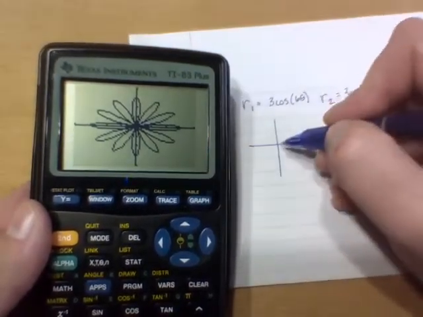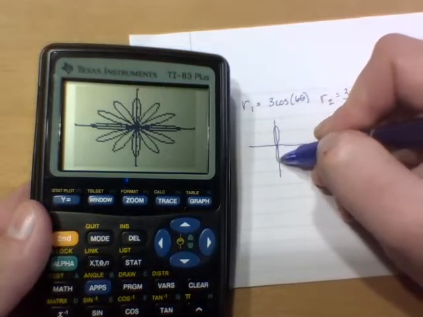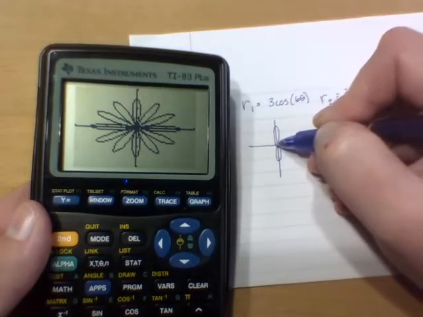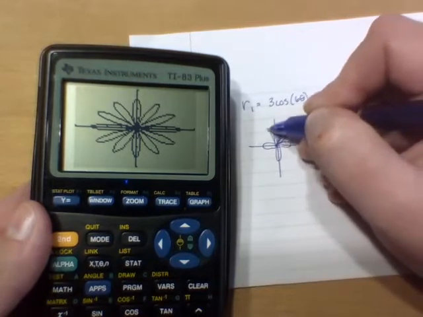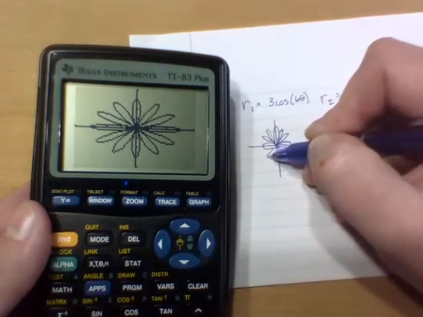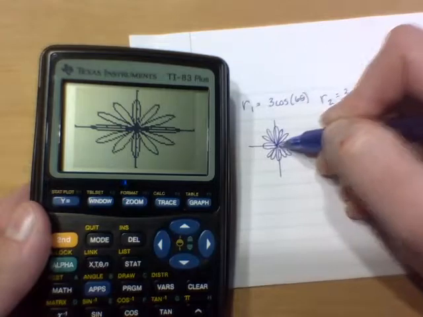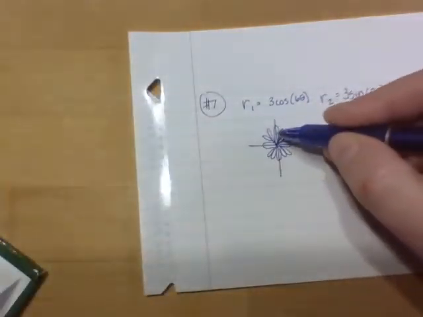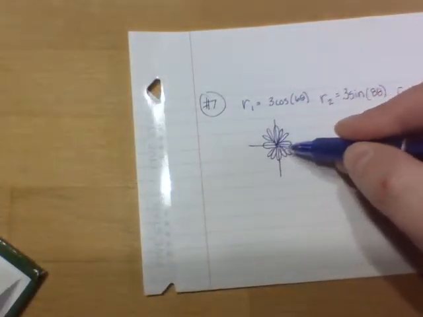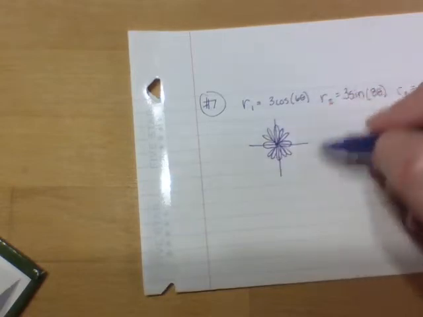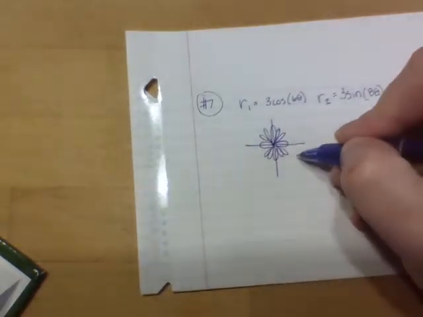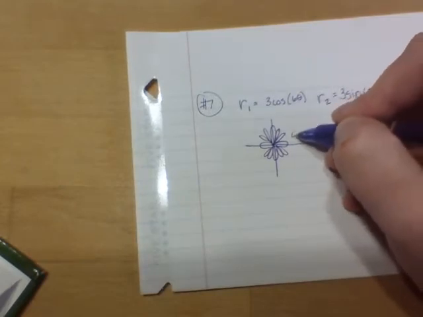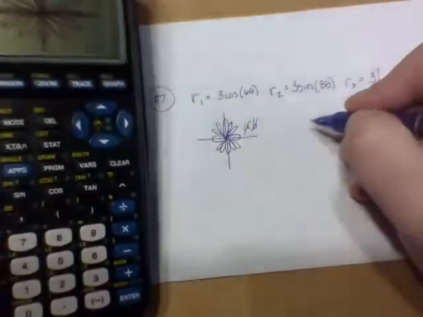Okay, so we've got this one and this one, and then 2 more between. All right, so anyway, we've got 12 petals on that guy, and of course none of A or B were that option, so it's not A and it's not B. All right, then if we graph the next one,